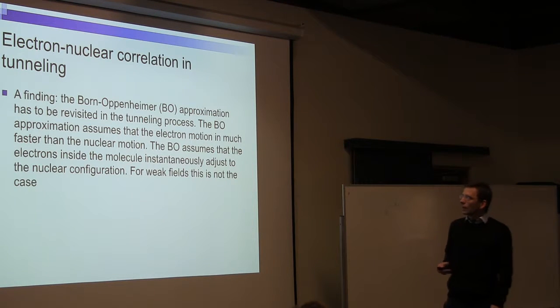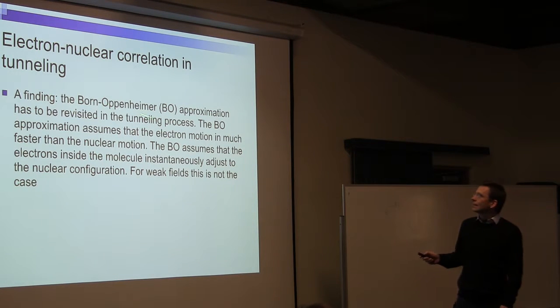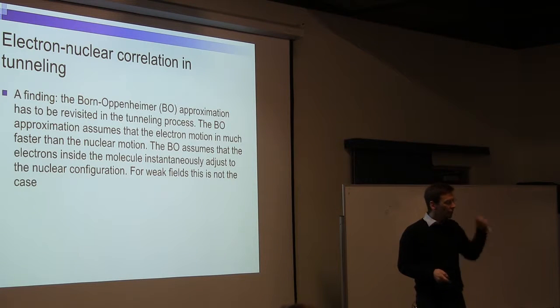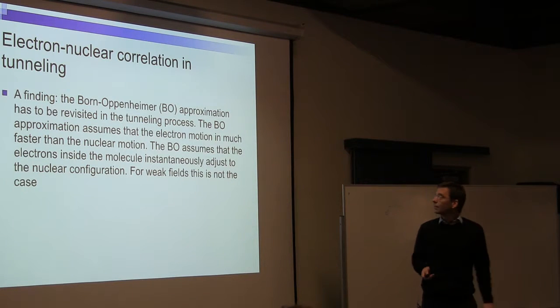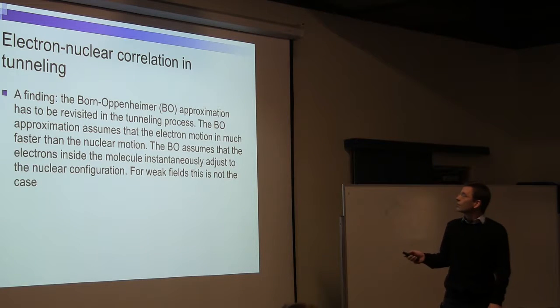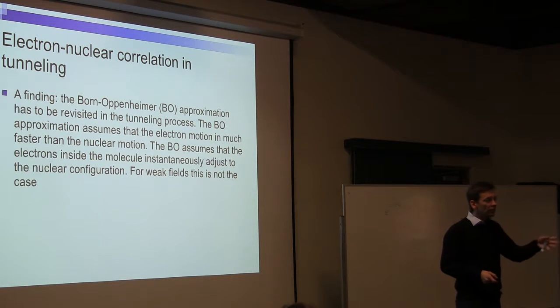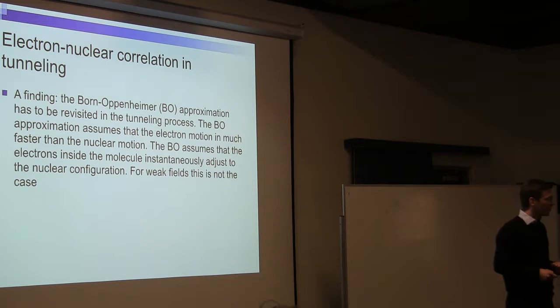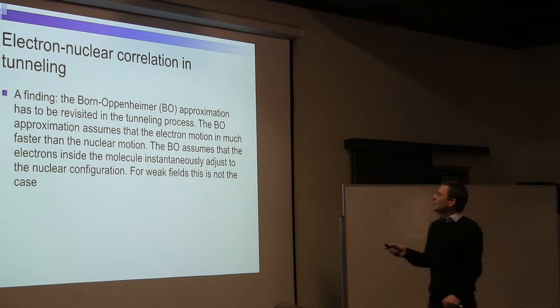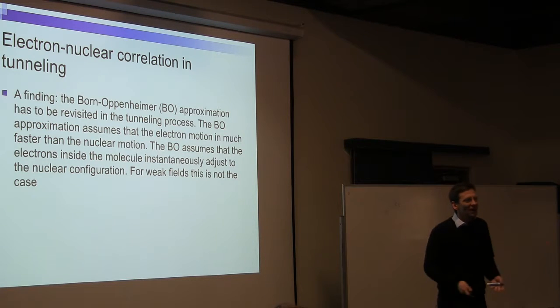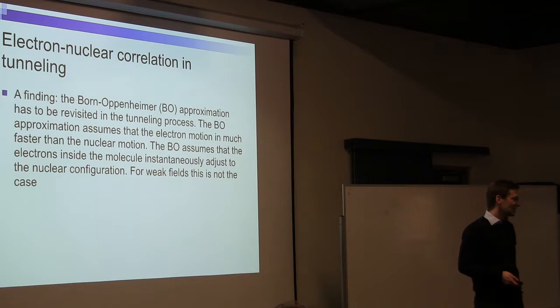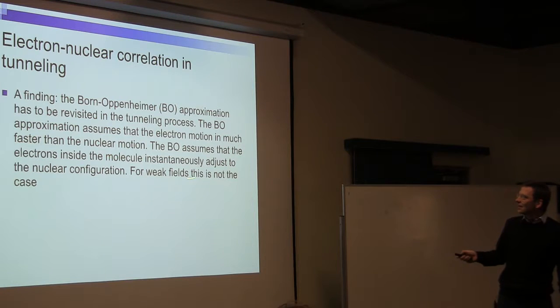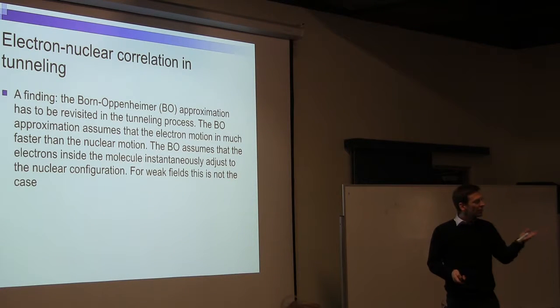And coming back to the tunneling, I just remind you that we had this finding that for this tunneling process, the Born-Oppenheimer approximation always breaks down. This was maybe a little bit counterintuitive for us. I guess if you ask the average strong field physics person the question, when do you think the Born-Oppenheimer approximation will break down, for a strong field or a weak field? My bet is that 90% would say for a strong field. Because normally we're used to having a breakdown of the standard approximations when the field is strong. But in fact here, the point was that if the field is weak,